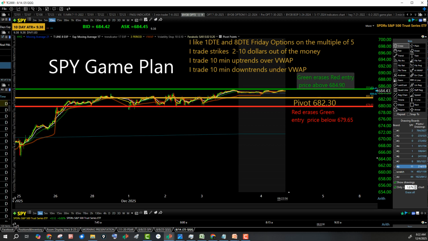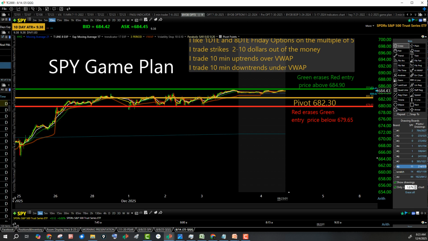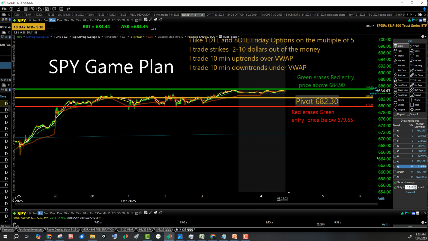We got green erases red. Okay, of course, over 684.90. Okay, got a pivot, 682.30. Above it, I'm a bull. Below it, I'm a bear. I got red erases green below